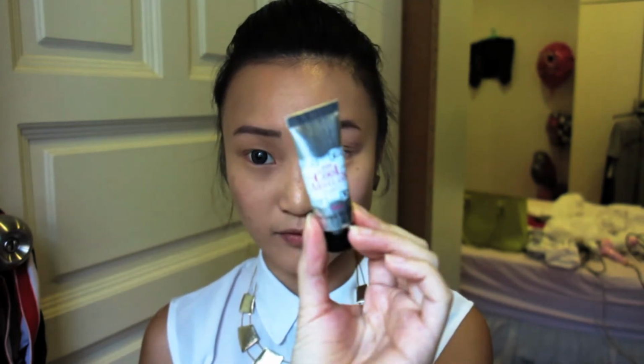So now I have removed all of my cheek tints on my face and applied one more layer of foundation over my cheeks area. I'm going to show you how I apply my cream blushers, and this is my Too Cool for School art class blusher in pink, and this is from Korea. So basically I just take a little bit of it like that,